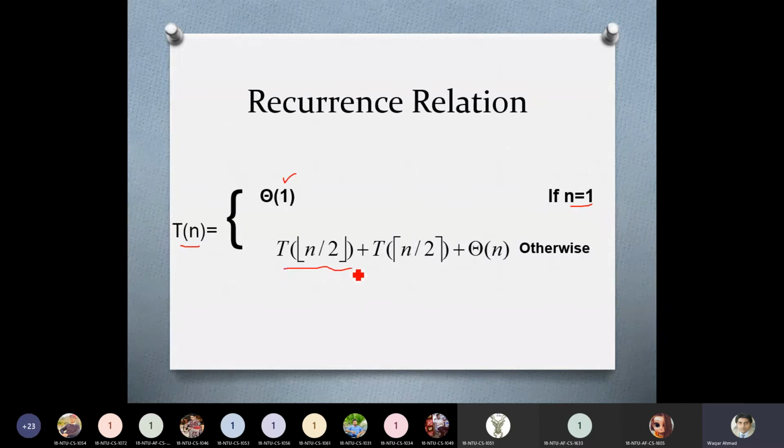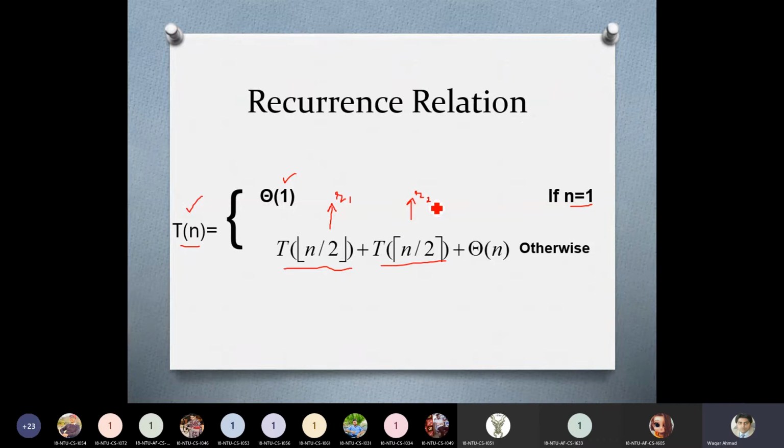You can observe that this is a function call, just like the same function call here. This is the function call, but for n over 2 elements. You can observe the floor symbol here. It is for round-off purposes. We will call the function with n over 2 elements. This is the first recursive call, which I am referring to as R1. And then again you will call this function. This is your second recursive call, which I am referring to as R2.